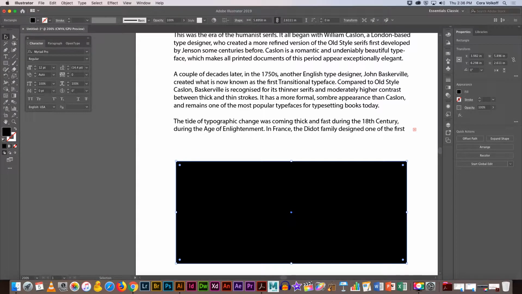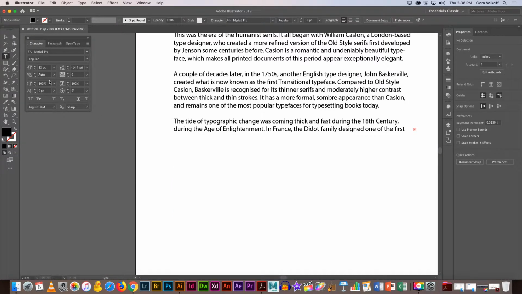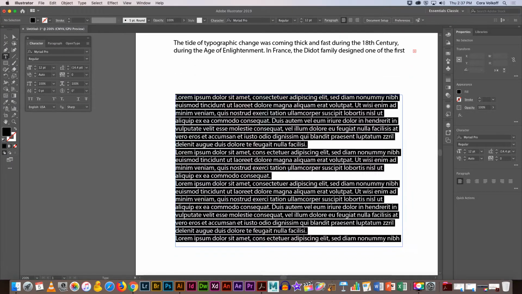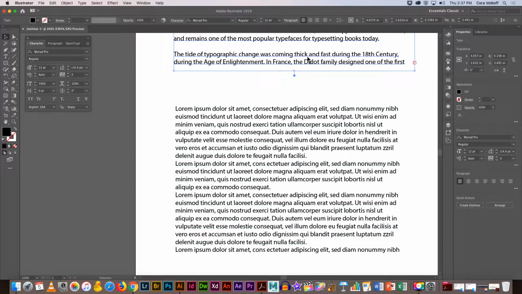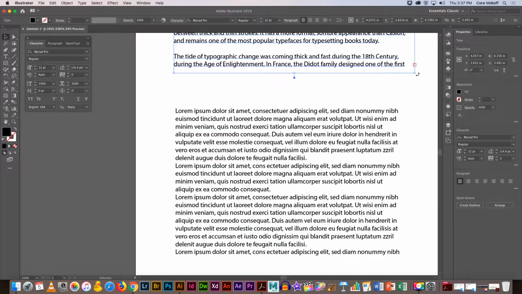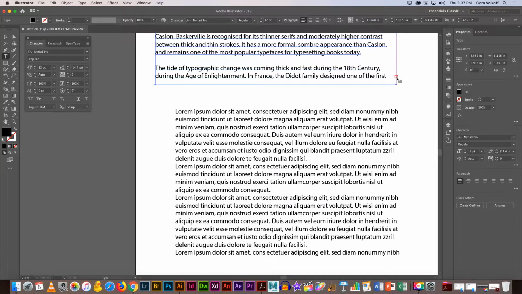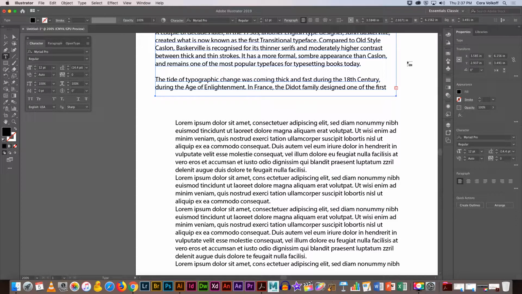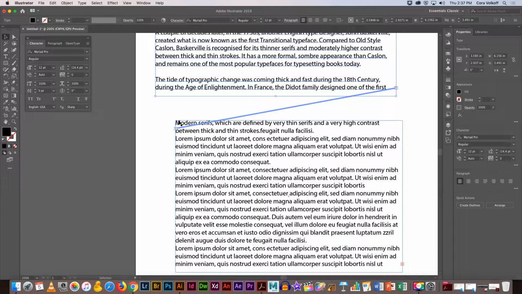Oops, I did a square, sorry. Paste it into a new type box, but you can also connect type boxes so that the paragraph text can flow between the two. So it's a little bit tricky. You have to put your cursor over the plus sign, and you get this little box, and you click. And then when you click, you get another little cue that's going to do something. So it looks like a half of a box and some lines. If I go down to here, I don't know if you can see it, but it gives a little link symbol underneath my cursor. And it now linked the text